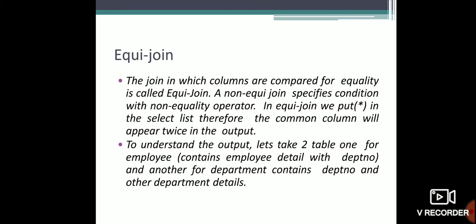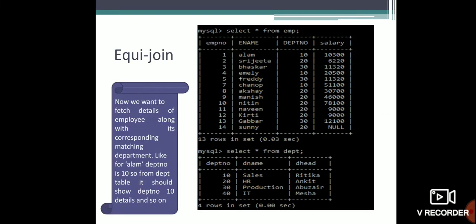While joining you should remember that there should be one column which is common in both the tables. Here the department number is common in both the employee and department tables. See how it works.